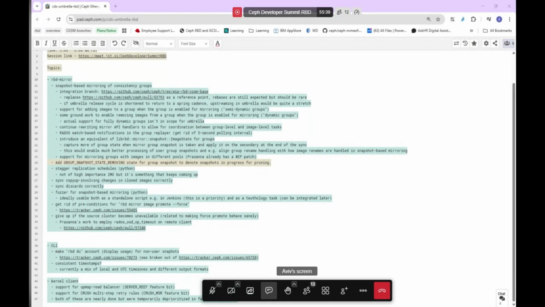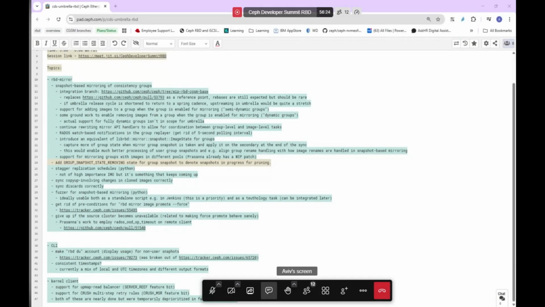Those snapshots don't even show up in the output. It's as if they didn't exist as far as the RBD du command is concerned. Prior to the Tentacle release, this was the case because we didn't even have an API that would allow computing disk usage, or at least an estimate, because the rbd du command is more of an upper bound estimate than an actual disk usage. But we didn't even have a way of doing that for non-user snapshots